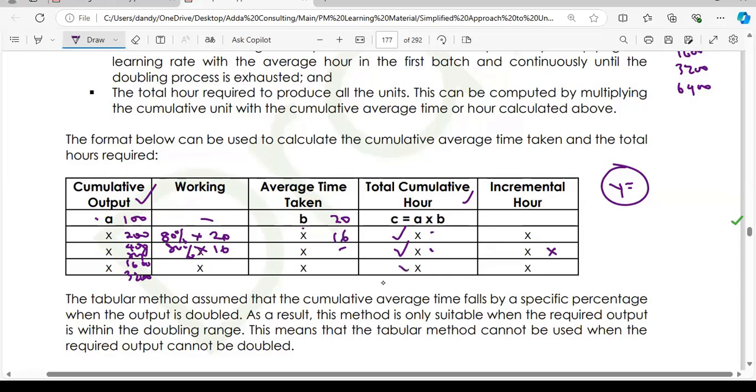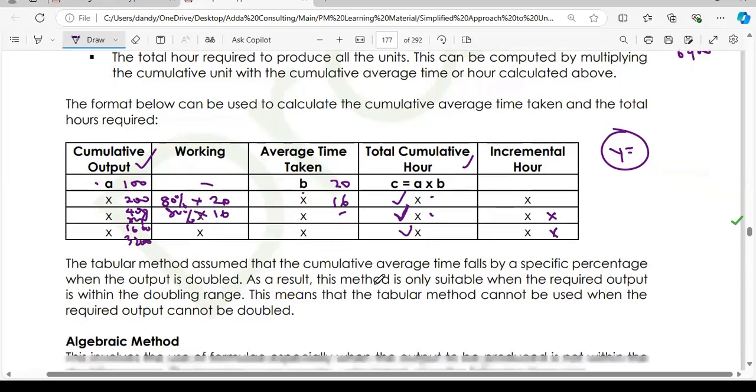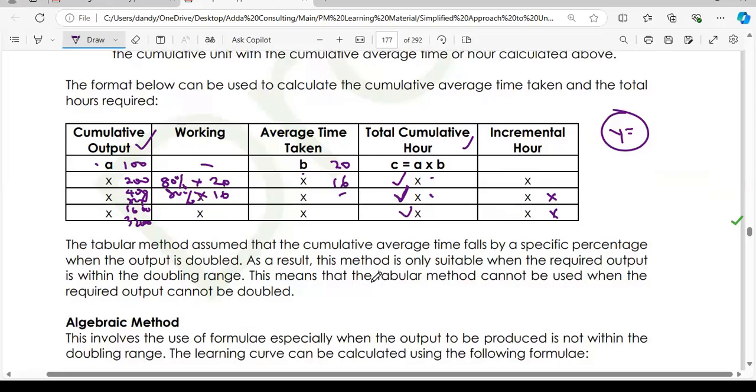Between this and this one, what is the increment? The increment will be the difference you are going to put there. So that's how to find the incremental hour. If you don't do it that way, of course, you can also go and do it separately. But the bottom line is that whenever you want to determine the cumulative hour or average time taken to produce a product,